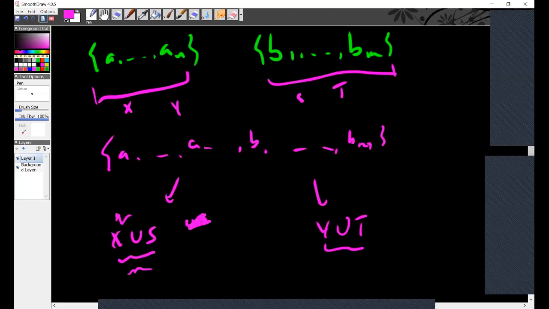Because I know X sums to the same items as Y, and I know S sums to the same items as T, right? So assuming that the input was partitionable, constructing this set we don't seem to find fault with this set that we just constructed, right? The issue is the no instances. How do you prove the no instances